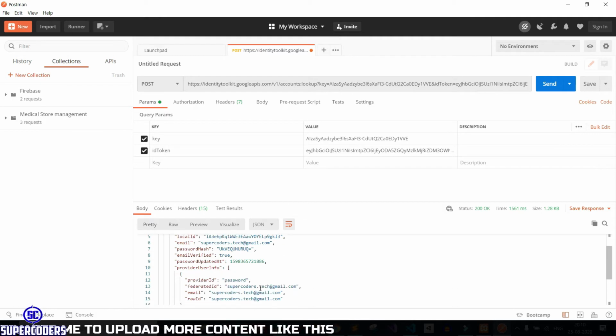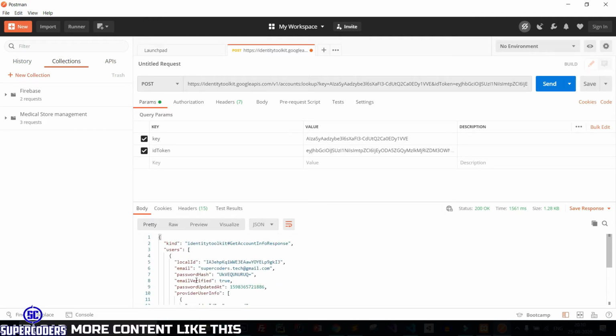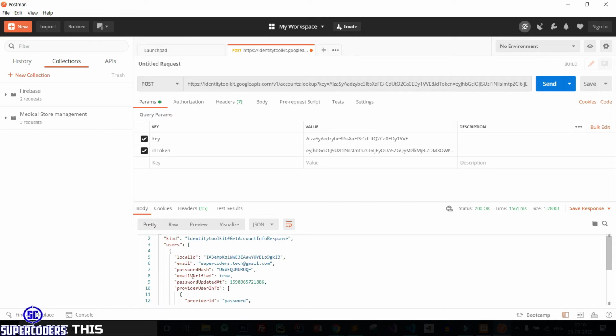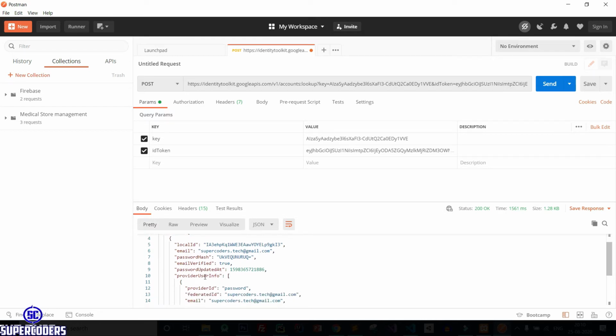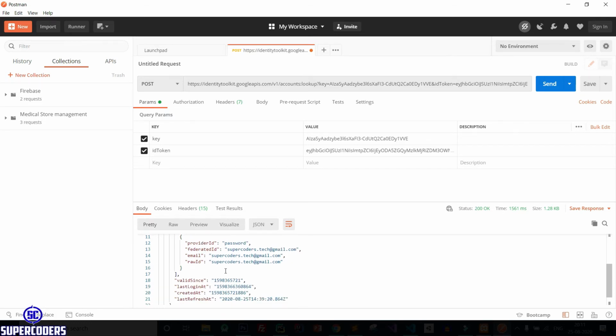And you can see I received the response from the Google REST API. It contains user, it contains password, email, and so on, of which I only need the email. So it's working perfectly. You can get the details of a user using the user token and key. So what is the use of this API?